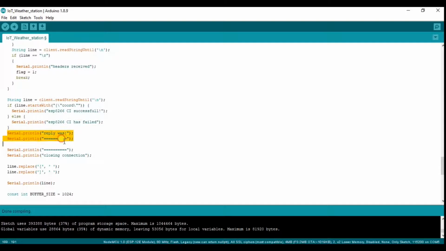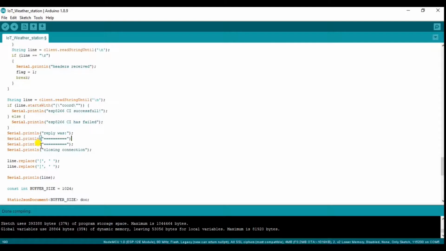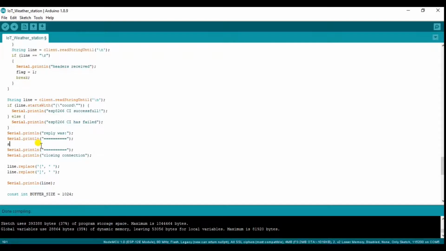After that I am printing on the serial monitor "reply was" and these equal signs, and again these equal signs and closing connection. I forgot to mention Serial.print, and the line which will contain the whole data.